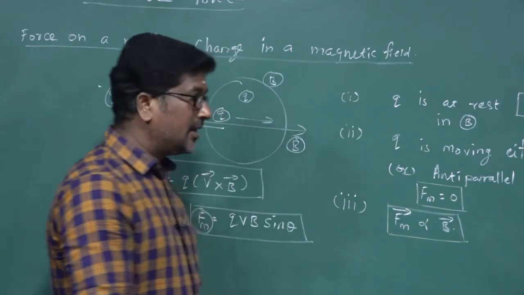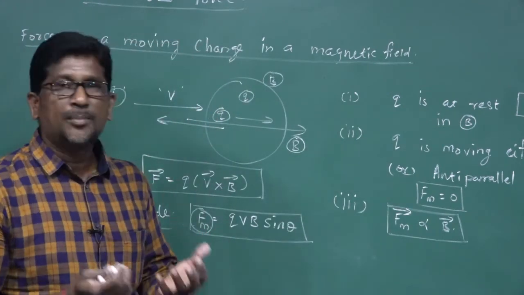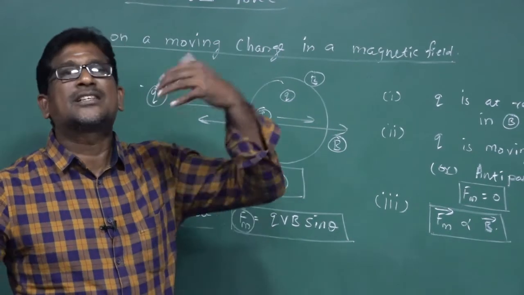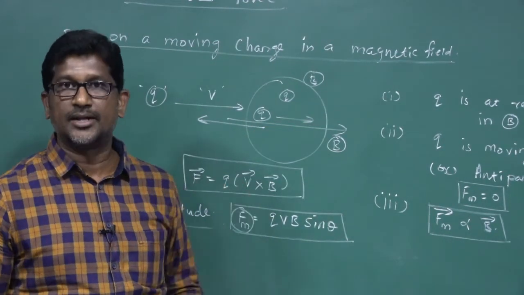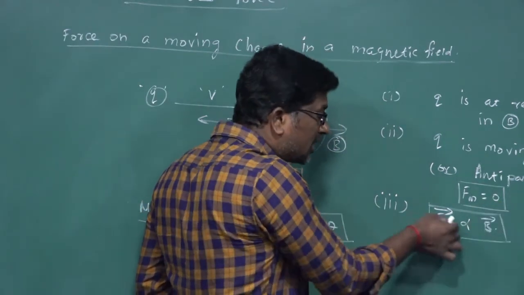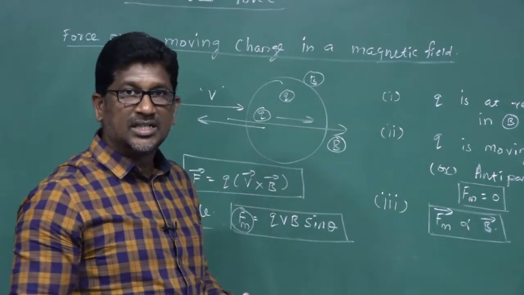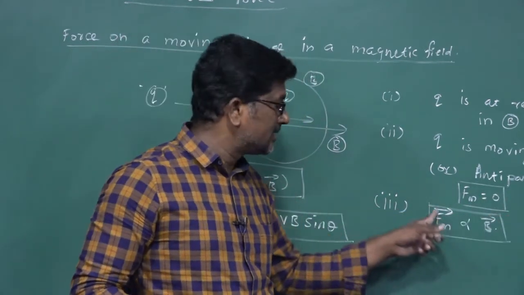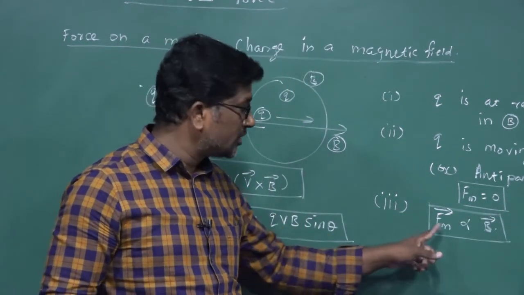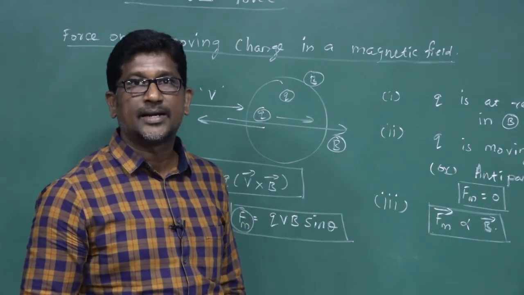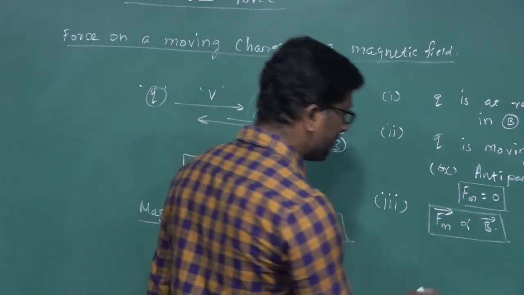It means if the strength of the magnetic field is more, the charged particle experiences a maximum Lorentz force, maximum magnetic force. If the magnetic field increases, automatically the magnetic force experienced by the charged particle also increases. If the magnetic field decreases, the force value also decreases. So that is why the magnetic force is directly proportional to the magnetic field, right? And next,